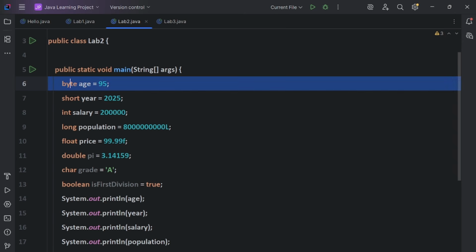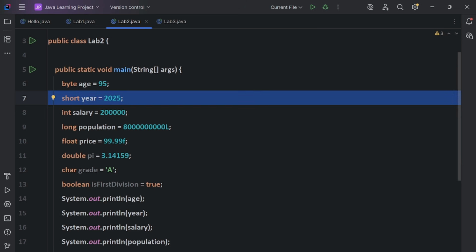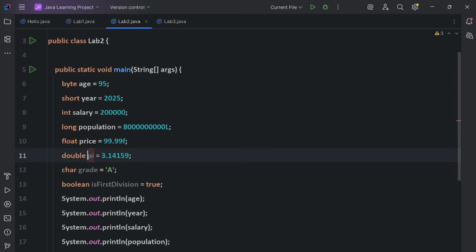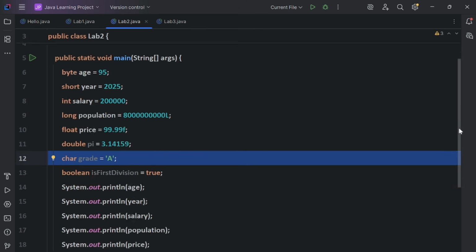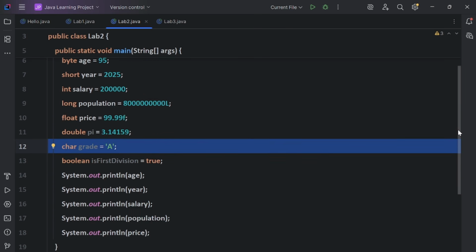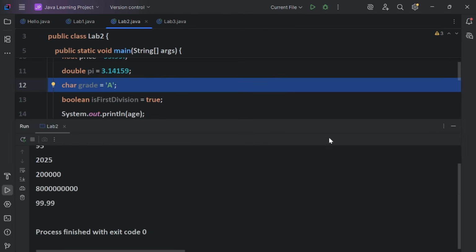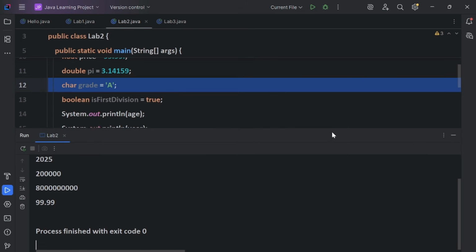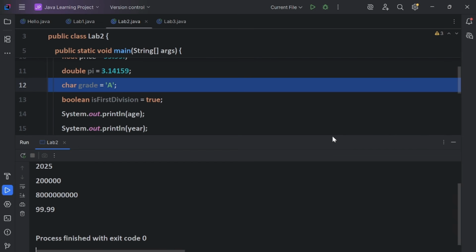So see, I have defined all the variables and I have printed only till price. These are not printed, that's why it is showing in gray, it is not used, guys. So after running, I can see this is the output, guys. For all, these are the primitive data types.